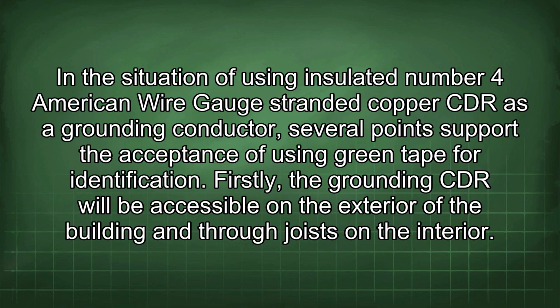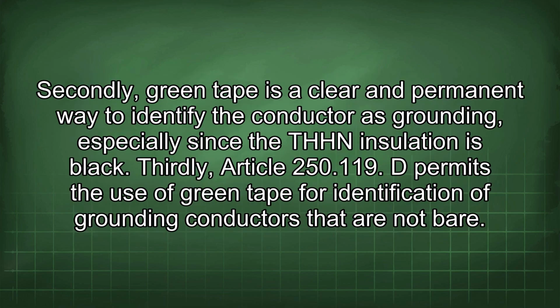In the situation of using an insulated No. 4 American wire gauge stranded copper conductor as a grounding conductor, several points support the acceptance of using green tape for identification. Firstly, the grounding conductor will be accessible on the exterior of the building and through joists in the interior. Secondly, green tape is a clear and permanent way to identify the conductor as grounding, especially since the THHN insulation is black. Thirdly, Article